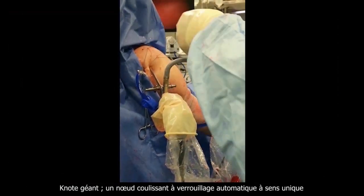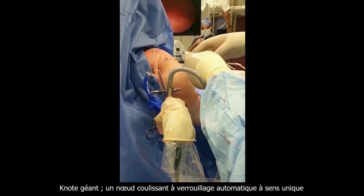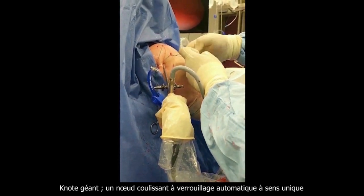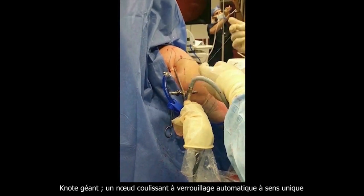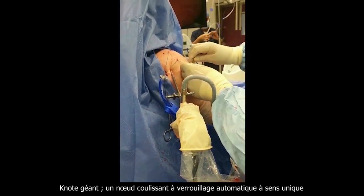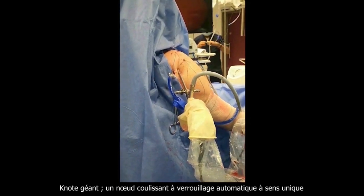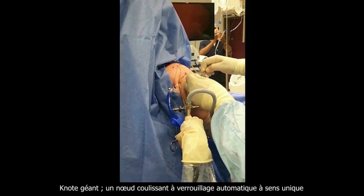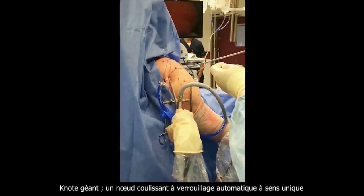Now a giant knot is made. It is a sliding knot. Here we do 2 throws in one direction and another 2 throws in the opposite direction. The post will be held after that under tension. Before that, we put the loop in the hole in a concave knot pusher. Hold it with a clamp, and then the post will be passed through the hole, the second hole in the knot pusher, and by holding the post,